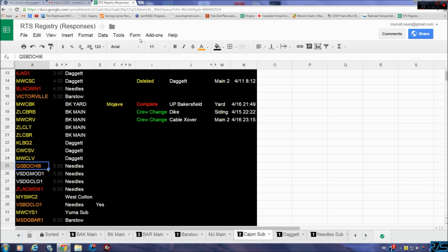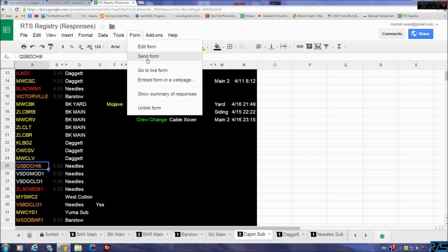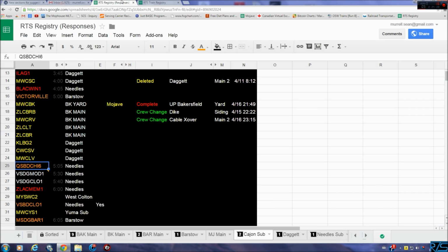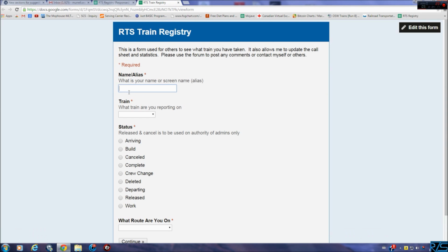But so you want to go into form, go to live form. This is something anybody can use from the registry as well, without having to go to, this is the same system right there. So, for example, let's just release this one, ZLCLT. So I'm going to put into this ZLCLT,